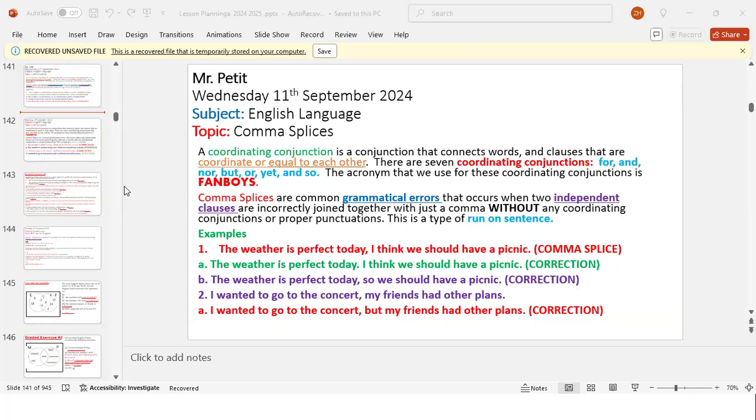Xavier Cooper, you already sent your work? Yes, sir. Good. How about you, Zion? Yes, sir. Thomasina Smith, you already sent your work? Thomasina Smith, are you there? I can't hear from Miss Smith. Tavana, you already sent your work? Yes, sir. How about Shireen and Sharice, you already sent your work?